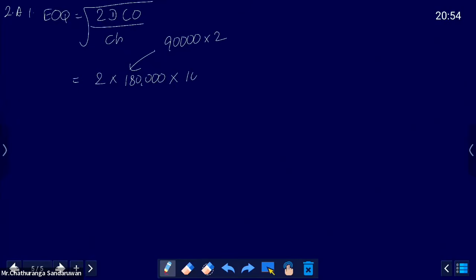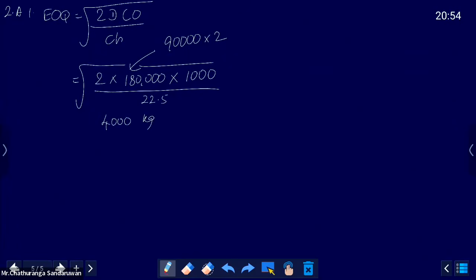Cost per order is 1,000. Holding cost of a unit of material for a year is 22.5. So you take the economic order quantity. 2 multiplied by 180,000 multiplied by 1,000 divided by 22.5. So it is 16 million. If you take the square root, it is 4,000